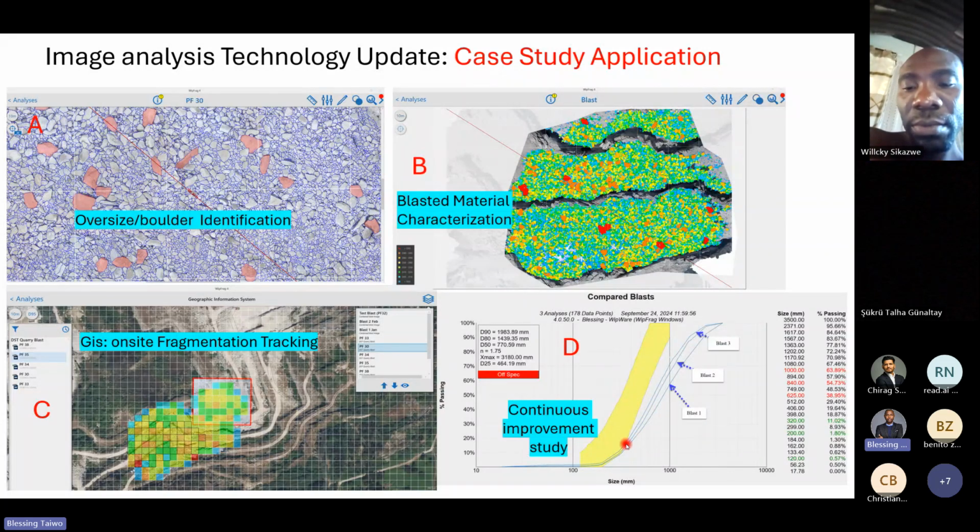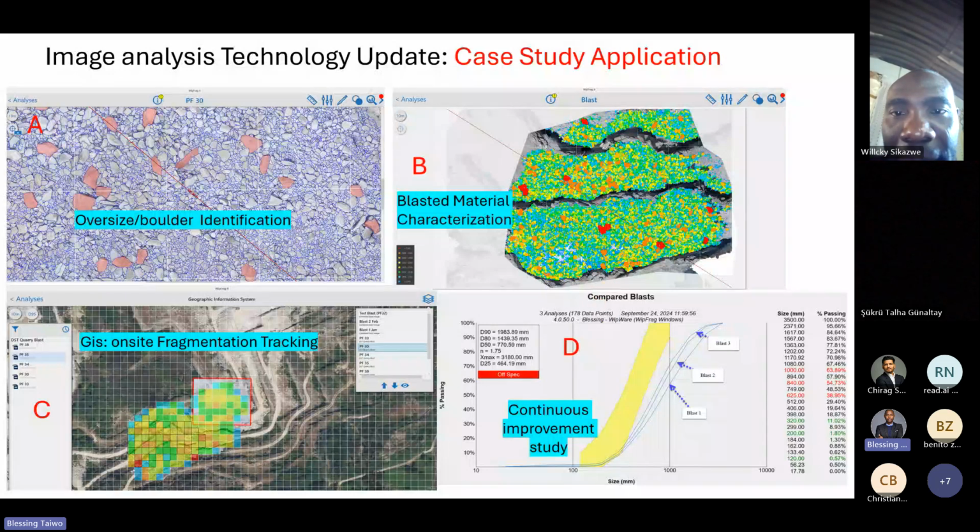So when you perform the next blast, you have the information of the previous blast compared to the current blast, and the information from these two or three blasts can be compared to the expectation of the mill operator or to the expectation of the loader. Sometimes when there is a blast like this one, definitely loading this material will require some sorting. You need to do selective loading.